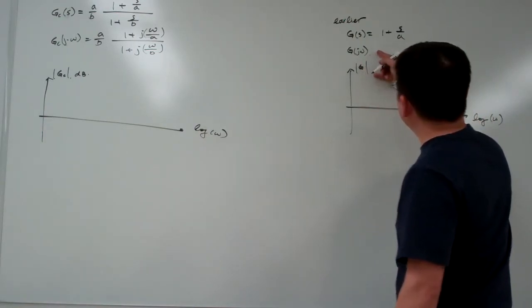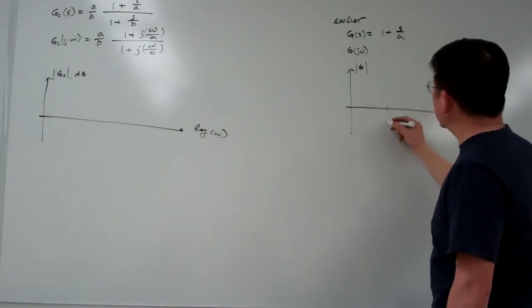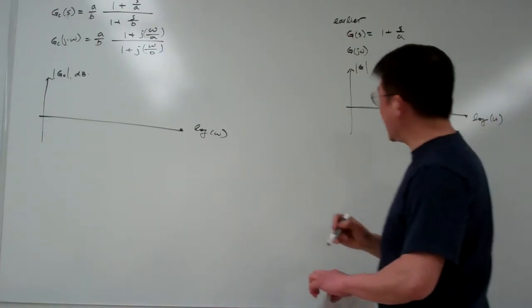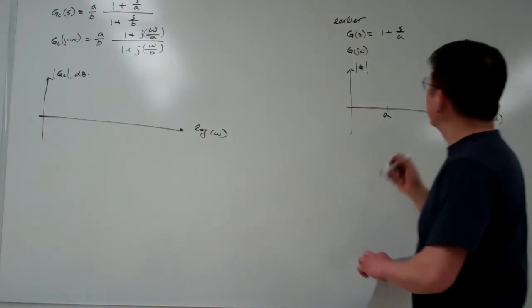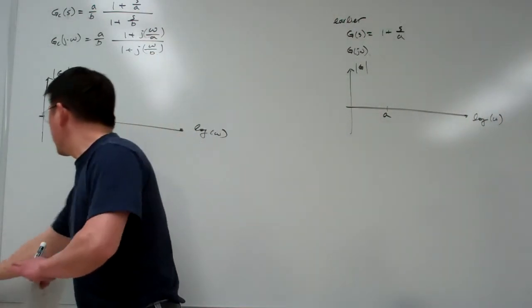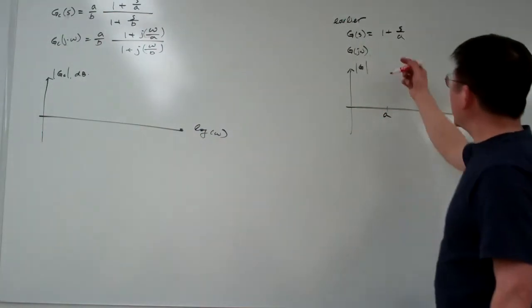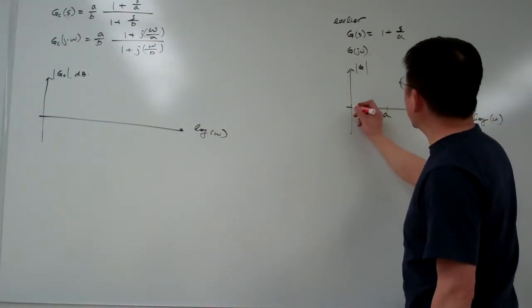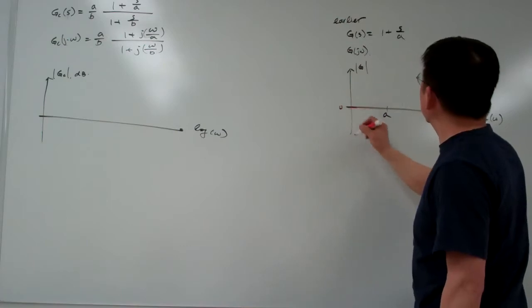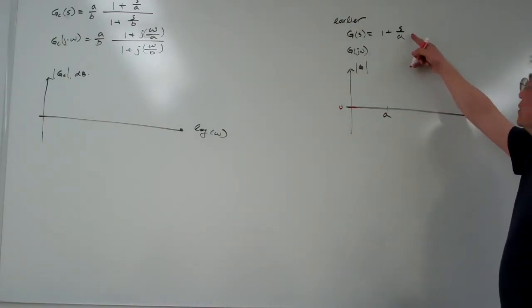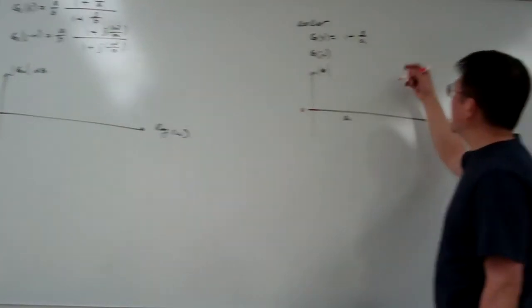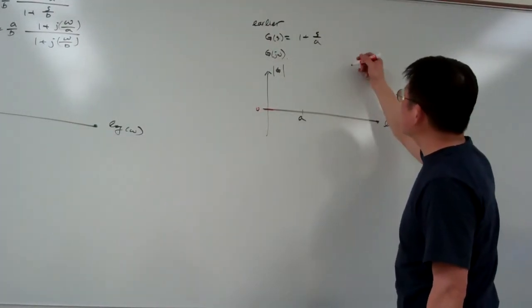For G, we have this drawing. We simply select A here, and when omega is small, basically this is 0 here. When omega is big,